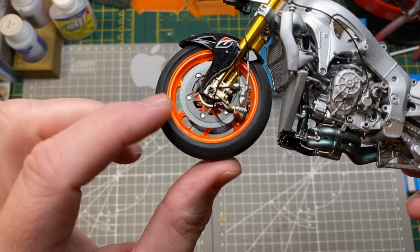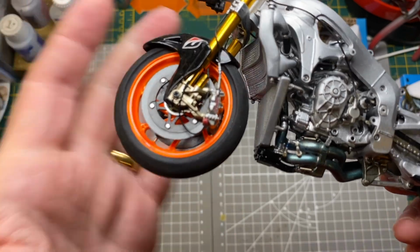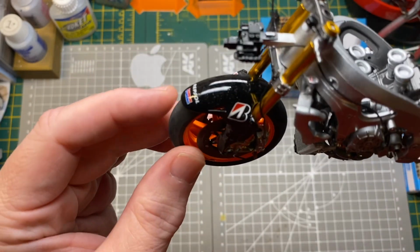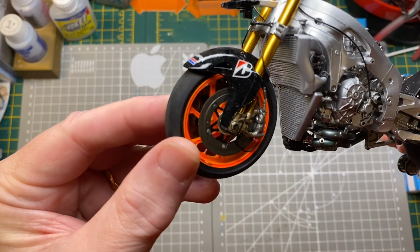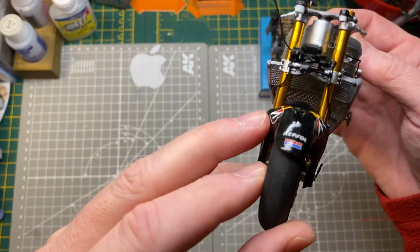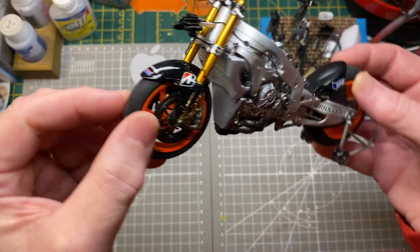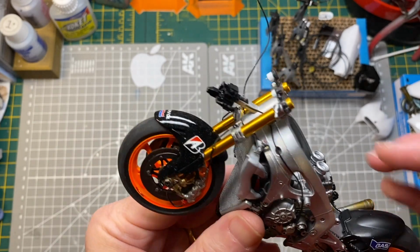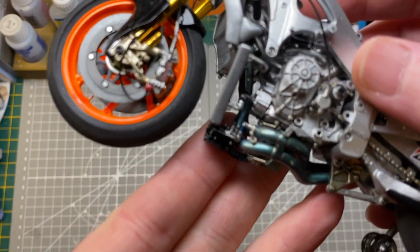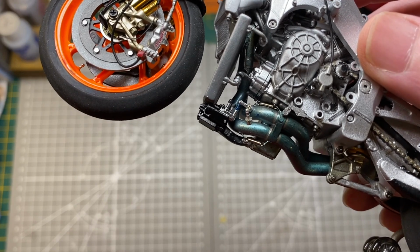So I've done the front wheel brake, some of the wiring for around the brake calipers, and painted up the front mudguard, gave it a few layers of gloss varnish. It's quite nice and shiny. And so the last bit you saw was the radiator, which I fitted in, it's not focusing, that's better,